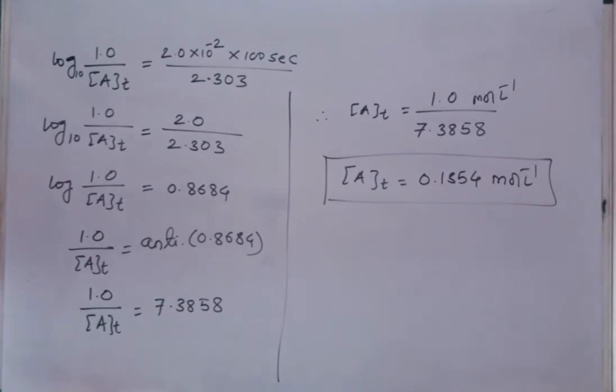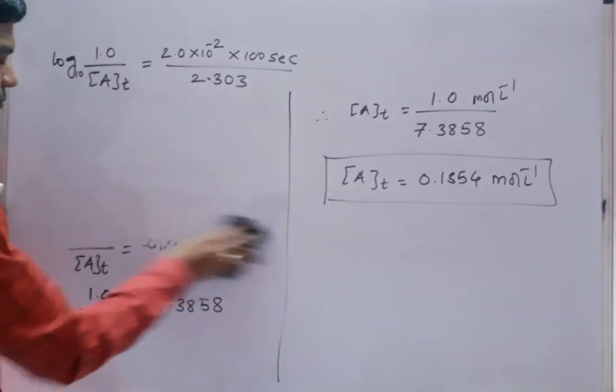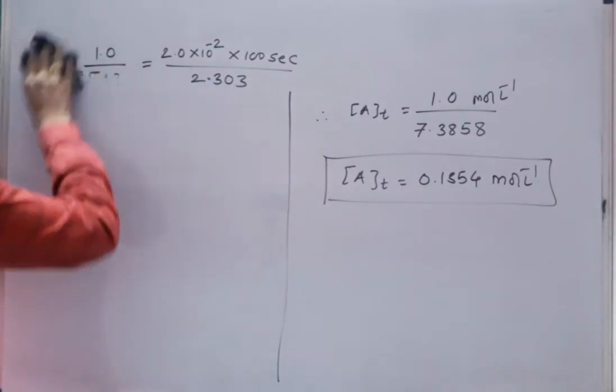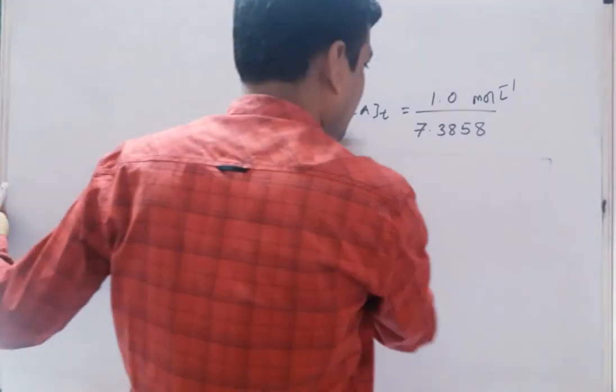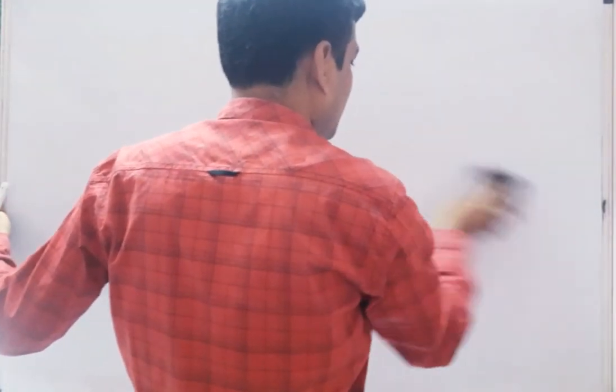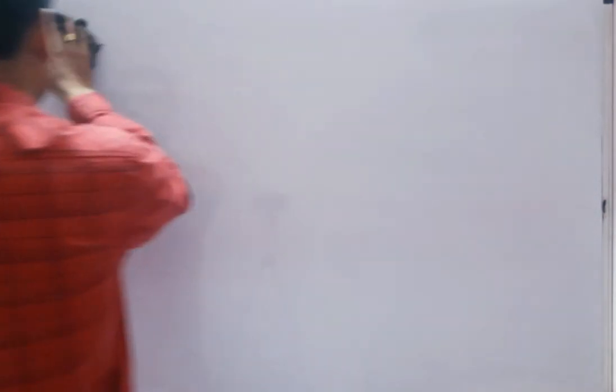Okay, so next numerical, now take the next numerical of this type. Integrated rate law for first order reaction, उस पे हम न्यूमेरिकल्स देख रहे हैं दोस्तों. वेरी सिंपल. अगर आपकी कैलकुलेशन स्ट्रांग है तो आपको बहुत इजी जाएंगे ये न्यूमेरिकल सॉल्व करने के लिए. ओके, वेरी सिंपल. Now take next, the rate constant of